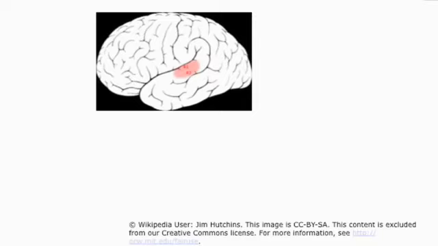So this funny looking so-called homunculus represents how many neurons, for example, in your motor cortex, are devoted to different parts of your body. So it turns out that we do incredible things with our hands. So we devote, it seems like, a tremendous amount of this area to the hand. That's why that looks so large. There's a reason we do handshaking and handwriting and typing with our hands and not with our hips, because although our hips are physically larger than our hand, we devote an incredibly small number of neurons to do that.